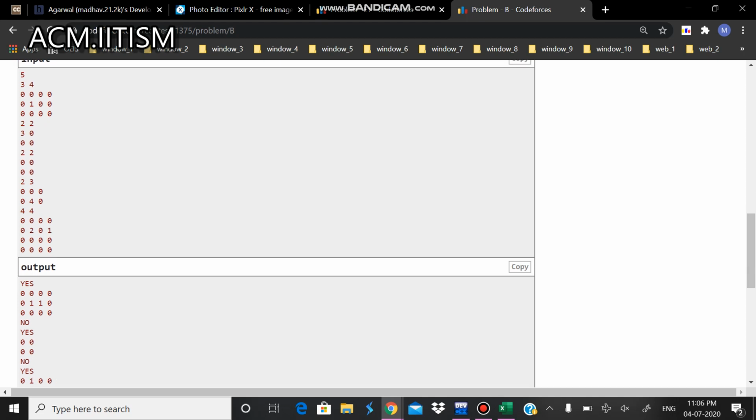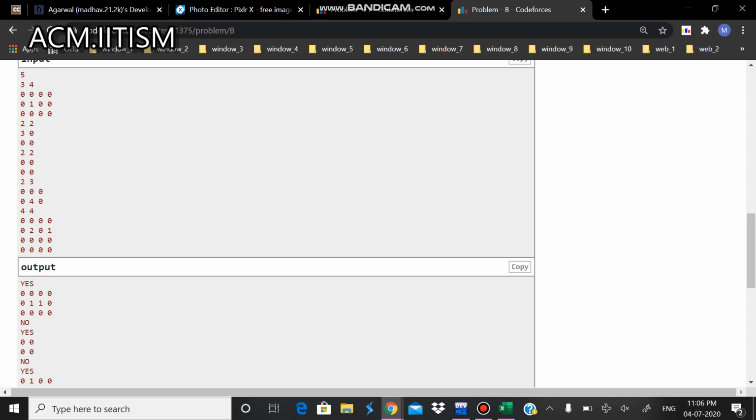If I assume so, then what will happen is this corner will have two neighbors, and both of its neighbors will be positive, so its value will be 2. So this will happen for all my corners, like this corner, this corner, and this corner. My number of positive values will be the number of neighbors that a cell is having basically. So for this one and this one, we have two neighbors.